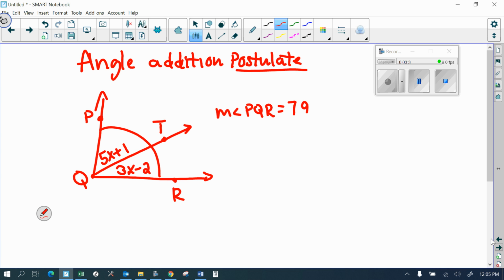Okay, and it may have two parts. Solve for x. There's part A and then part B. So in DCAS, they use part A and part B. For part B, they might say the measure of angle TQR